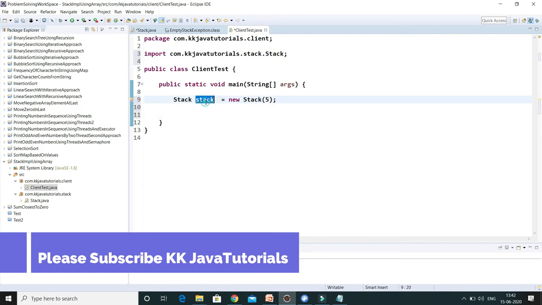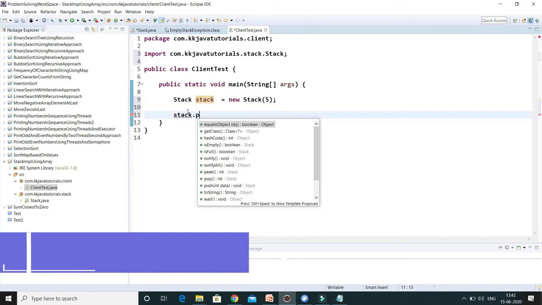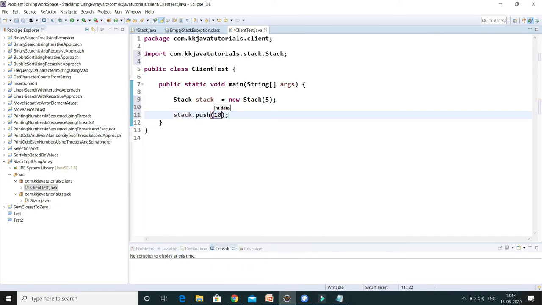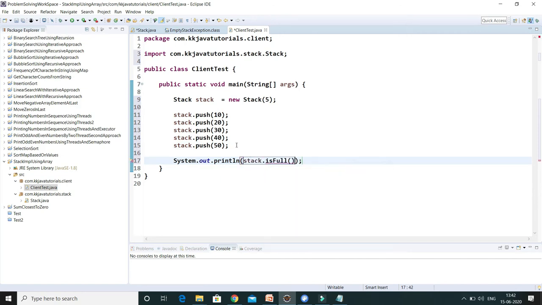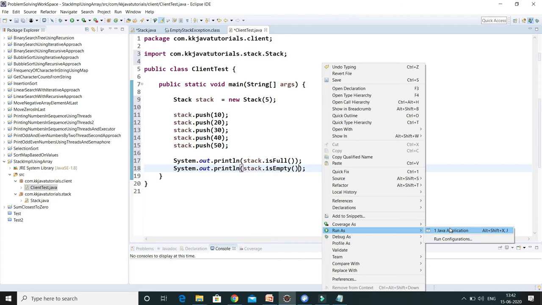Now I'm going to push items, let's say 10, 20, 30, 40, and then 50. Let's say I'm going to check a few things like stack.isFull. This has to return true, right? Because the stack is already full. Now let's say I call isEmpty, so this has to return false, right? So let me run and check it out.